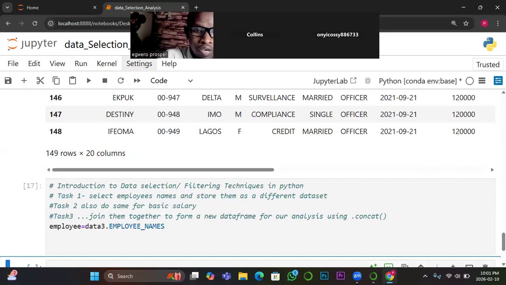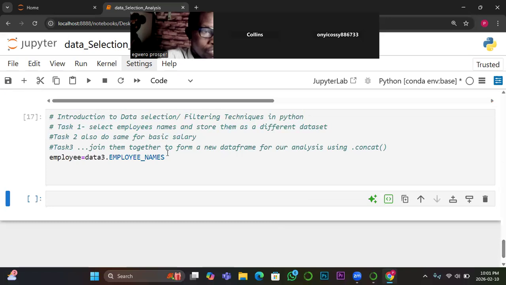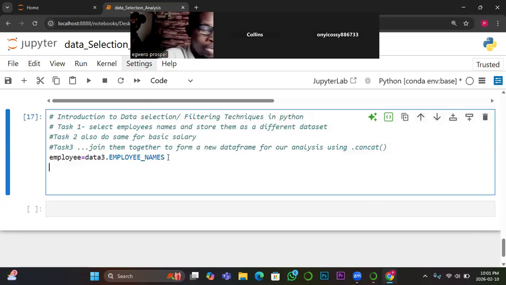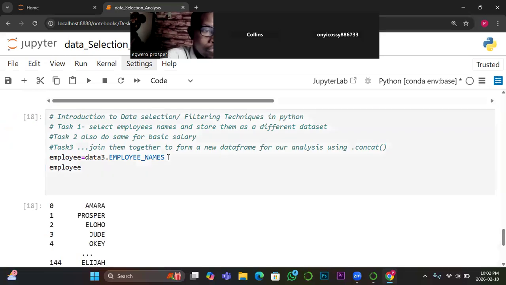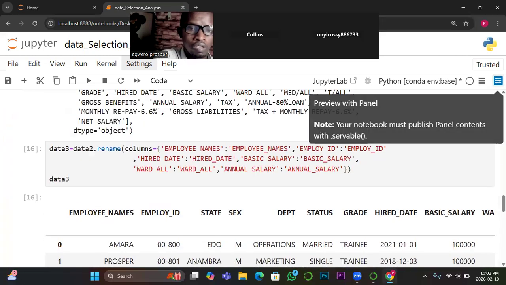Right, so let's see whether we get an output. Yeah, I think it has accepted it. So all we need to do is to call employee to see what we actually filtered out. Now remember, there was a technique I told us, where you have a very long word like this, you don't have to start typing the whole of it. Just type EM, then locate the tab button on your keyboard, press it twice to bring out the full name, and then run it. So you can see that with this, we have been able to pull out the entire word,